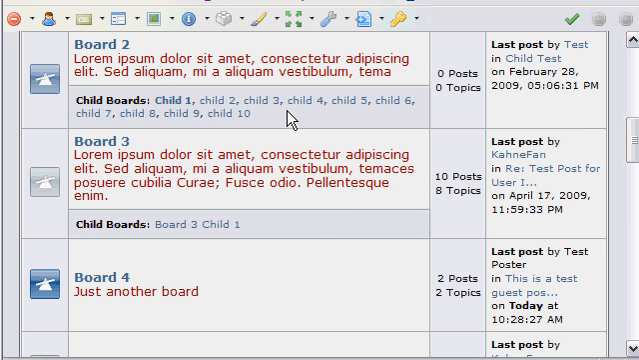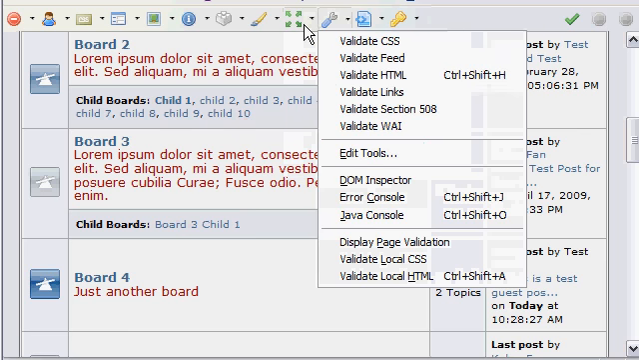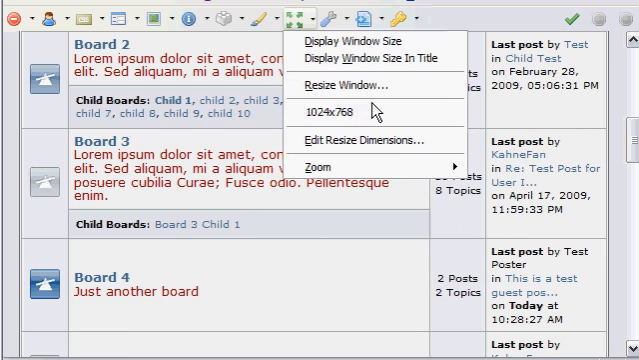Now another good thing with so many people having large monitors these days, from what I can tell, the standard size is still 1024 by 768. And you may even want to test for 800 by 600, but if anybody's using that, they really need to change their monitor. However, there is a button for resizing windows, and if you have a very large window, you can actually resize your window to 1024 by 768